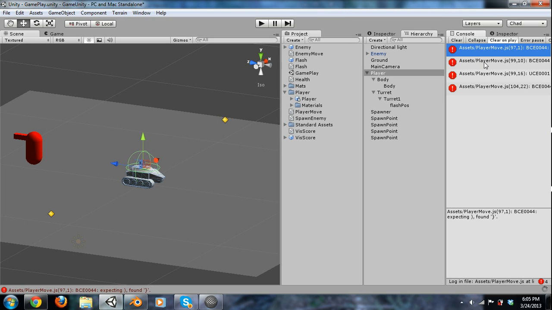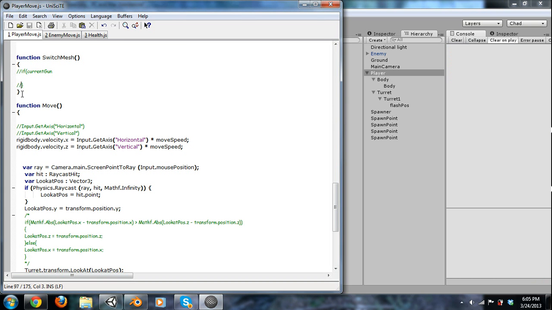Is it mesh or is it not mesh? It is mesh. Alright, so now we're going to check if the mesh filter we're using right now is the same as the mesh that we want to change to. So we can do gun meshes if